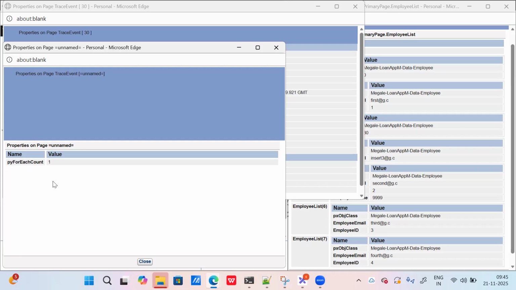So we will be getting a question, and all these questions are direct interview questions. They will ask you, what is the unnamed property that is defined by Pega whenever you are starting a for loop? Whenever it is a loop, it can be inside an activity, or inside a data transform, or anywhere. The loop will start from 1, and the value that holds 1 or 2 or 3 or 4 is what we call pyForEachCount.